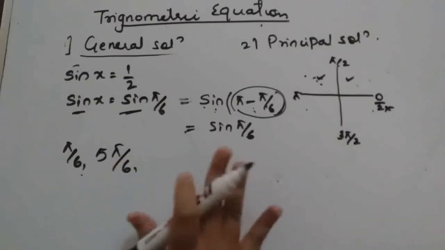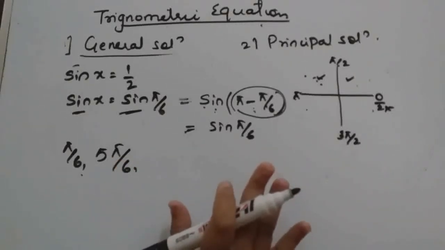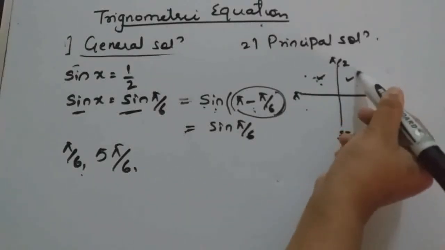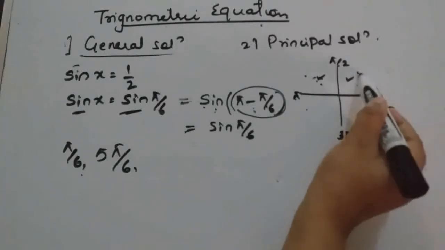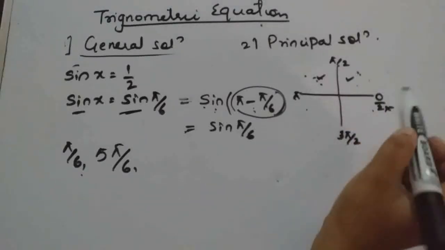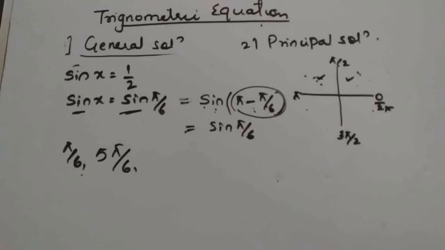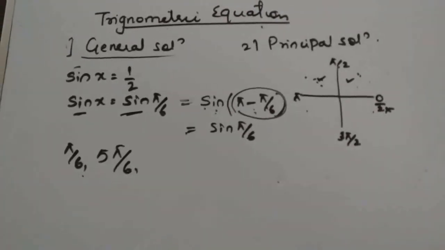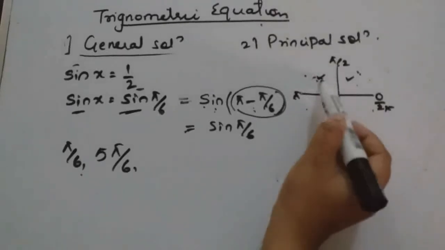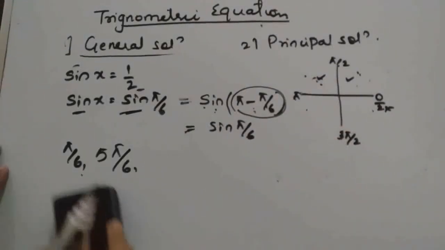No other solution will be a principal solution, because the next solution will be 2 pi plus something, and 2 pi plus something means beyond 2 pi, which won't be under principal solution. Now to find positive values, we will check in which quadrant it is positive. Now suppose we have to find